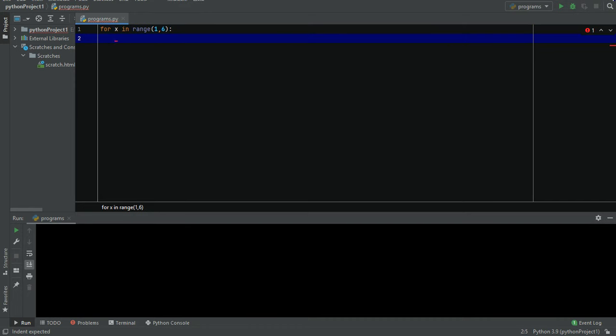Now the first condition will take how many rows, right? In the first row we need to print 5 columns, right? So like this, the first row has 5. In the columns part we have to write for y in range 1 to 6,